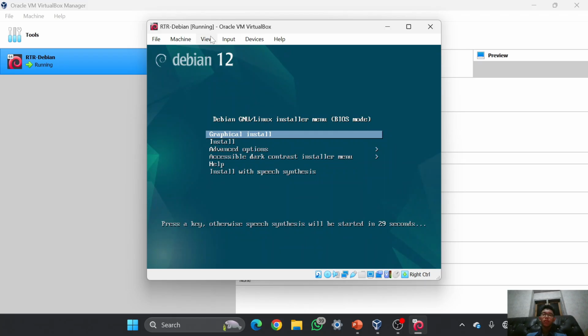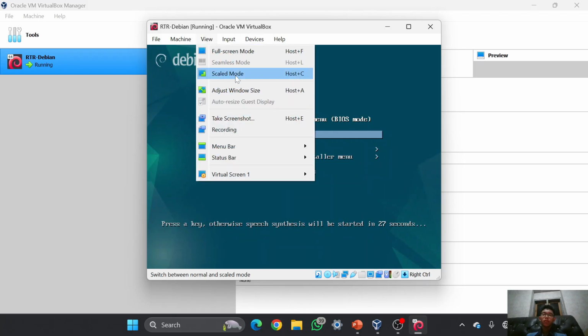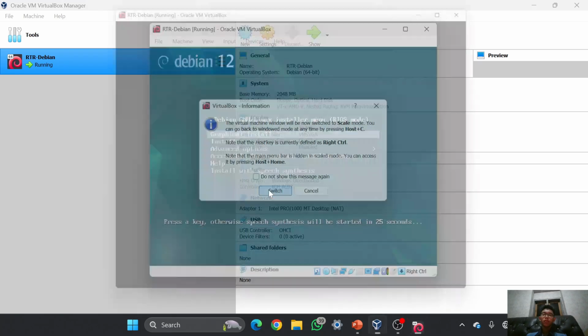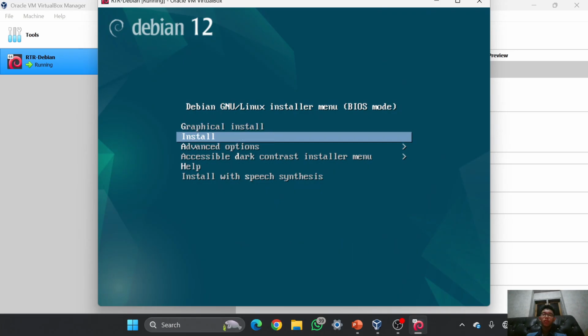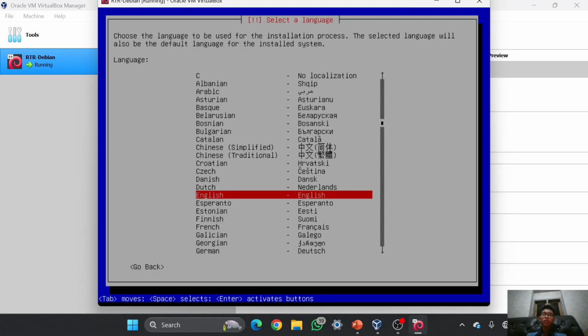I will put it into scale mode, and here I will choose install because I want to install the CLI version of Debian. If I choose the graphical install, it will install the GUI version of Debian.